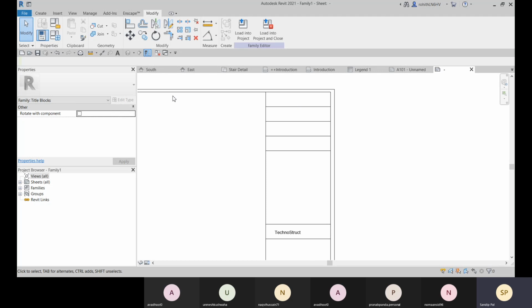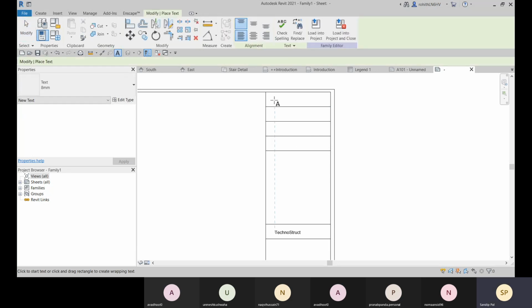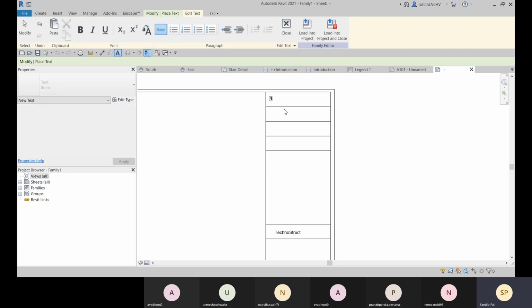Okay, and here I can create more labels. So I can place text and label both. So I can go with the text, and here I can provide it like project name.